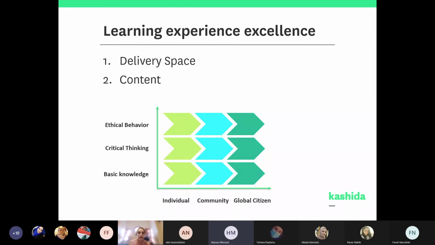And on several layers, where it's about the individual, the community, and their position as a global citizen. Because now the online world is not just about, let's say, Qatar or the Arab world, it's about being in a global space. That's why we actually had to create a content framework.